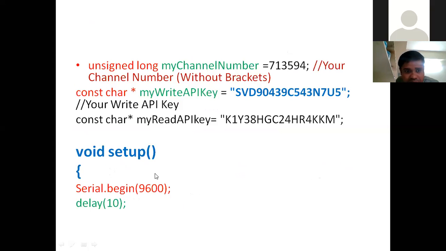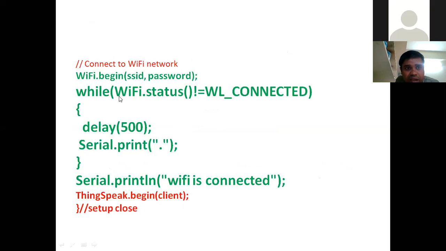Next in the setup, Serial.begin and WiFi.begin are to initialize the Wi-Fi and connect to the nearest router with the required network name and the required password. After that, we want to check initially whether the NodeMCU is connected to your hotspot or not. That is the main criteria.